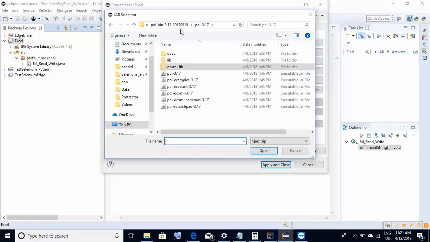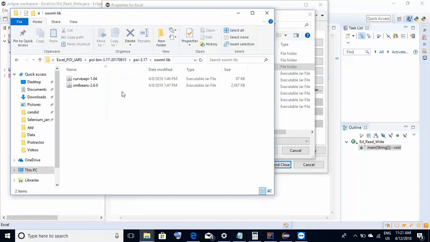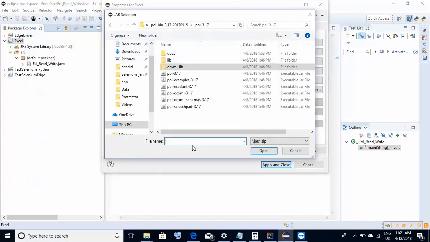So I have my jar files at this location. You just need the path where your jar files are residing. So I'll just copy this path, paste it over here,